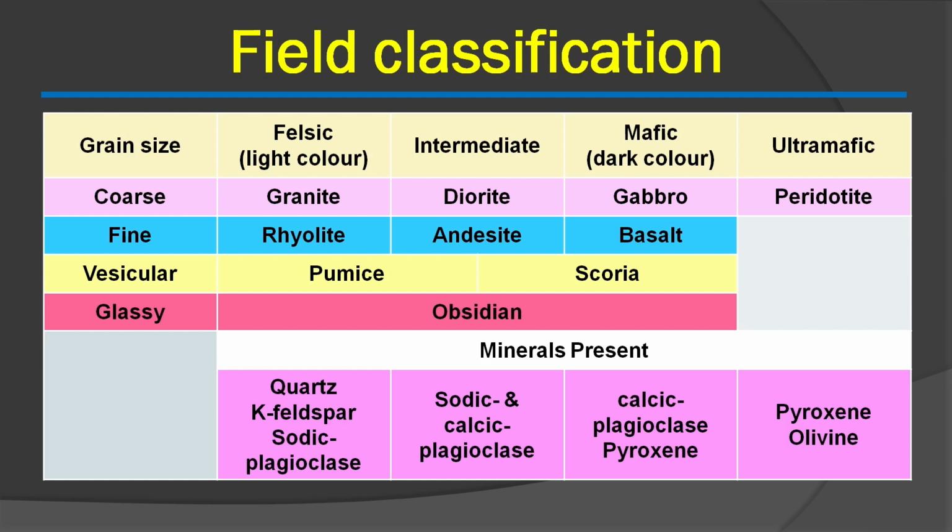And based on the variety of texture, a coarse grain felsic rock will be a granite. If we have a fine grain felsic rock, we call it rhyolite. Likewise, a coarse grain intermediate rock will be a diorite, and a fine grain intermediate rock will be an andesite. For mafic rocks also, the coarse grain variety will be a gabbro, and the finer variety will be a basalt. For ultramafic rocks, most of the minerals which constitute them are pyroxenes and olivines, and generally we use a clubbed term, peridotite, to classify all the ultramafic rocks which we tend to see in the field.